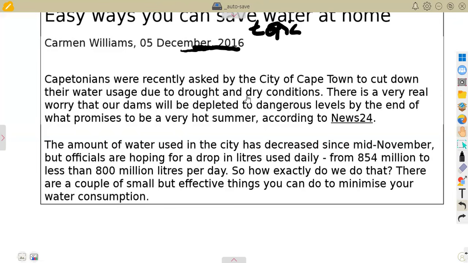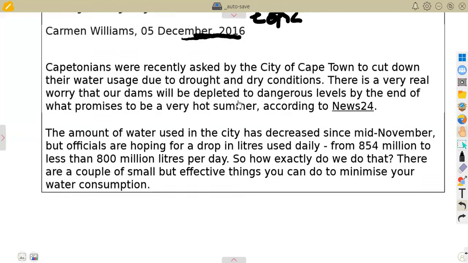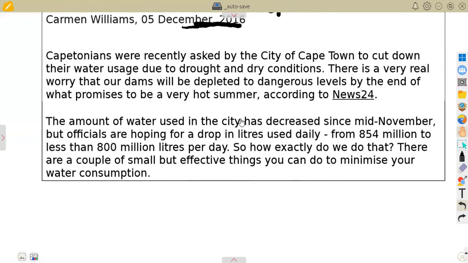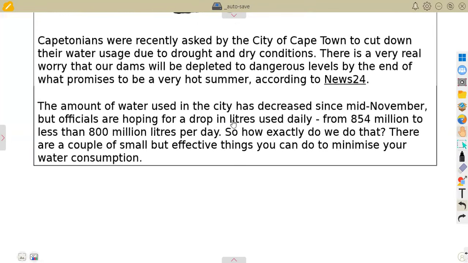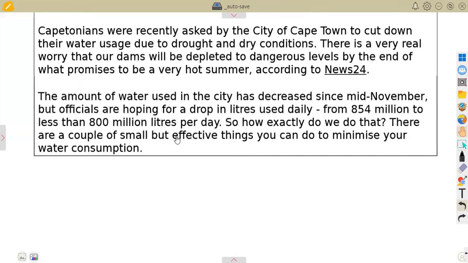They declared it as true. And then we are urged here as the citizens to ensure that we save water in our homes so that the future generation will not have problems pertaining to water. And then the second paragraph, it reads as the amount of water used in the city has decreased since mid-November,